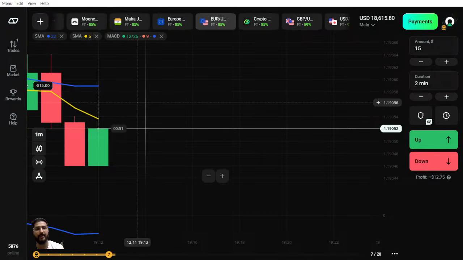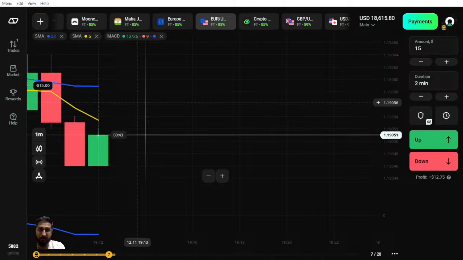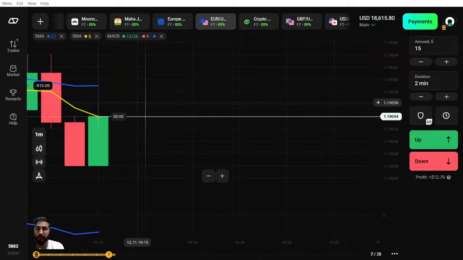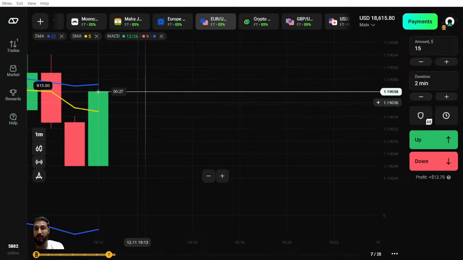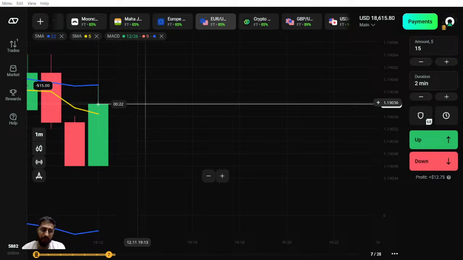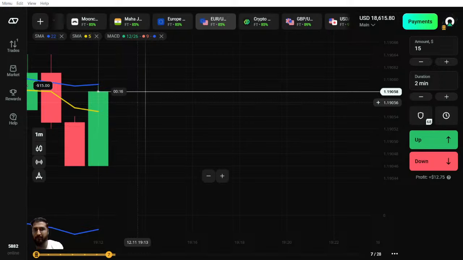The reason I am trading on fixed time trading for now is that it is easier for me to show you how this strategy works. Because in forex sometimes we need to hold our position for many hours. So if I open an opportunity at the beginning of the session and am not able to close it before the session ends, that is not going to showcase the complete picture, whether the trade was positive and whether the technical was working well or not. That is the reason the majority of the time we use fixed time trading, but the set of rules of the technical is going to remain the same.